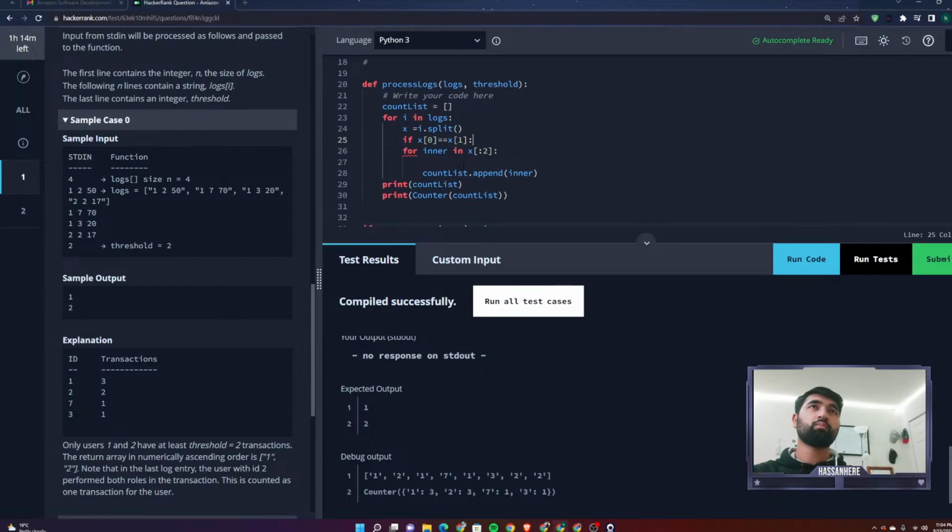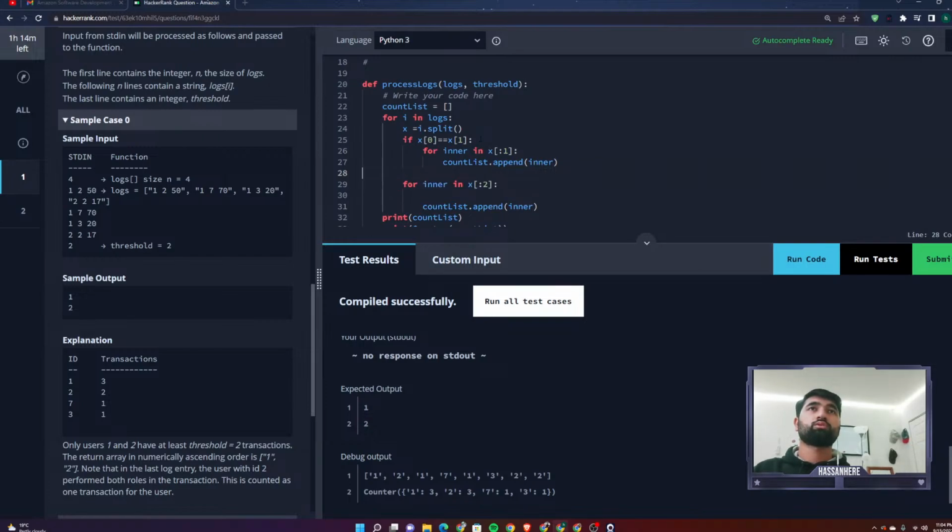If it is the same, then we're going to use the same thing over here, but we're just going to get the first index of the array. So instead of 2, we're going to use 1 over here. Then we're going to say else, in other case,